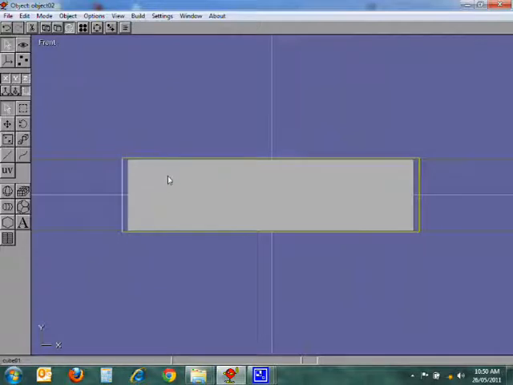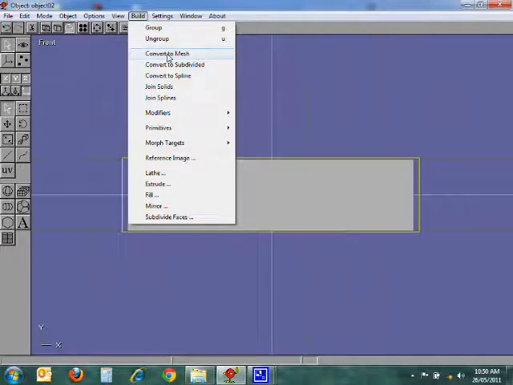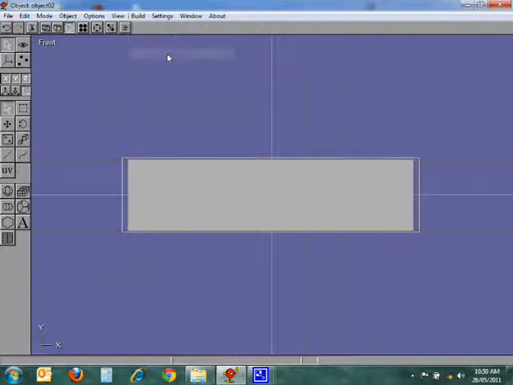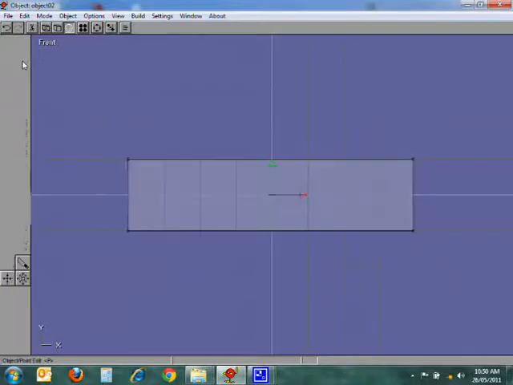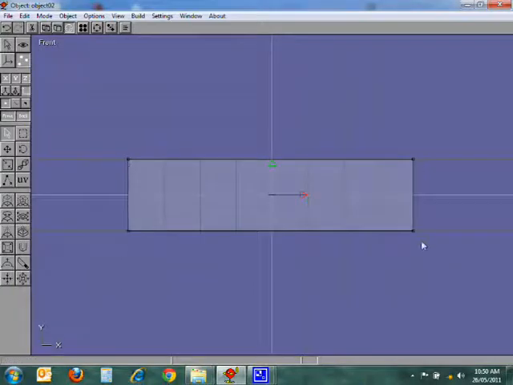So if you want to modify it, everybody looking at the board, just go push build, convert to mesh. I would want you to be looking at the object and see what line comes up. See, the yellow line turned into a white line, which means you can now modify that shape. How? Go and push those 3 dots. You have now 4 dots which can be moved. So go push that button there, select a